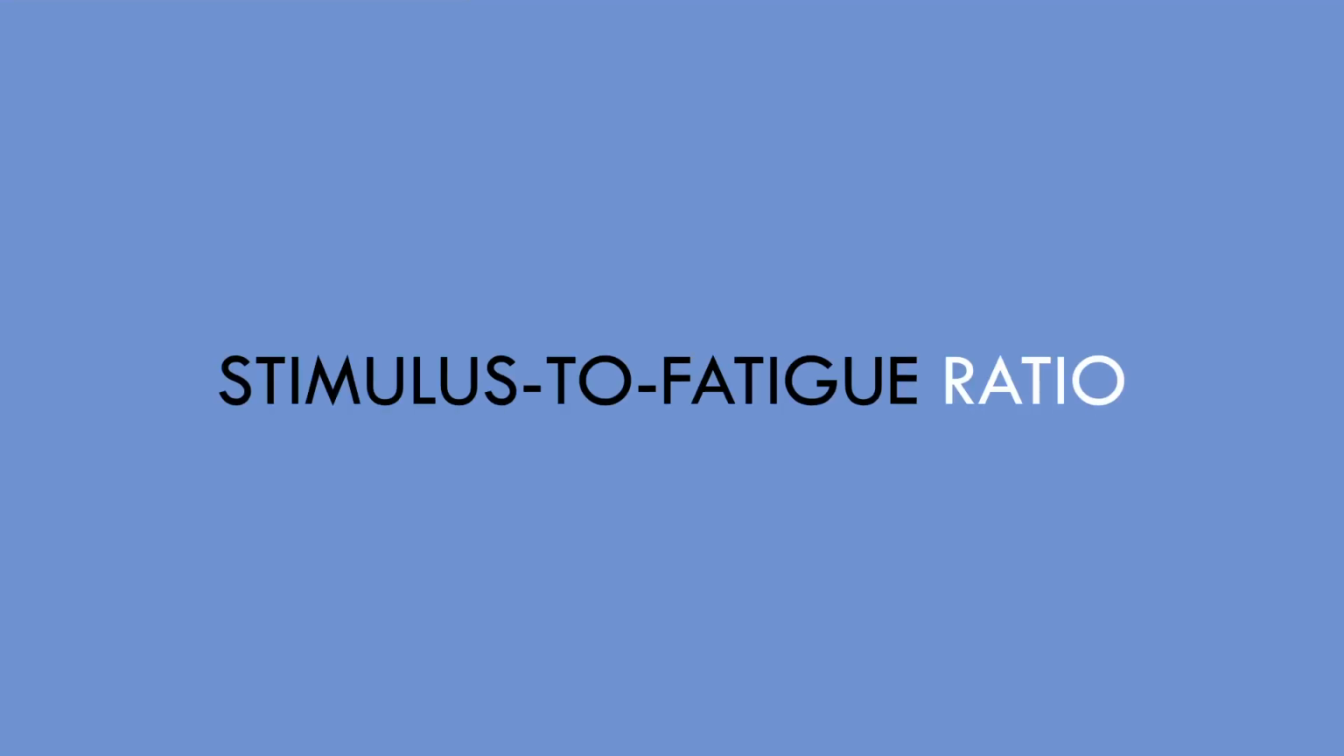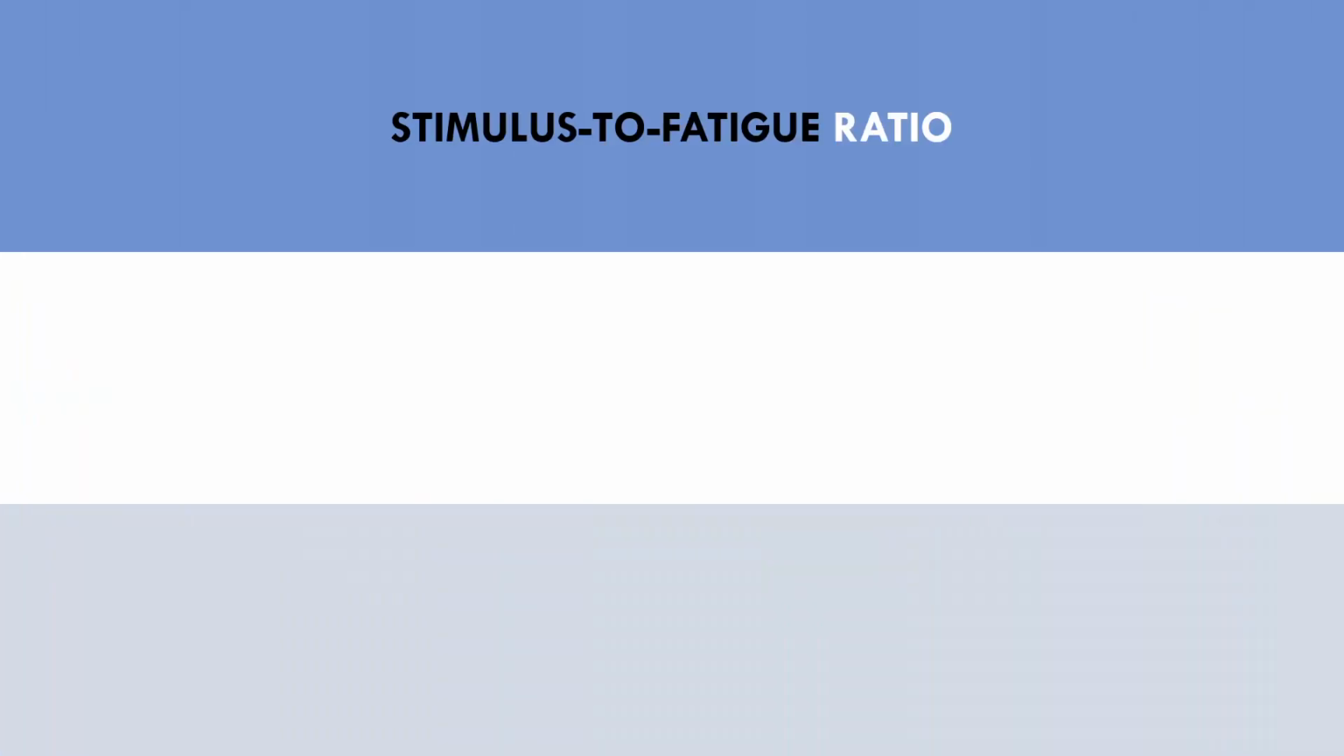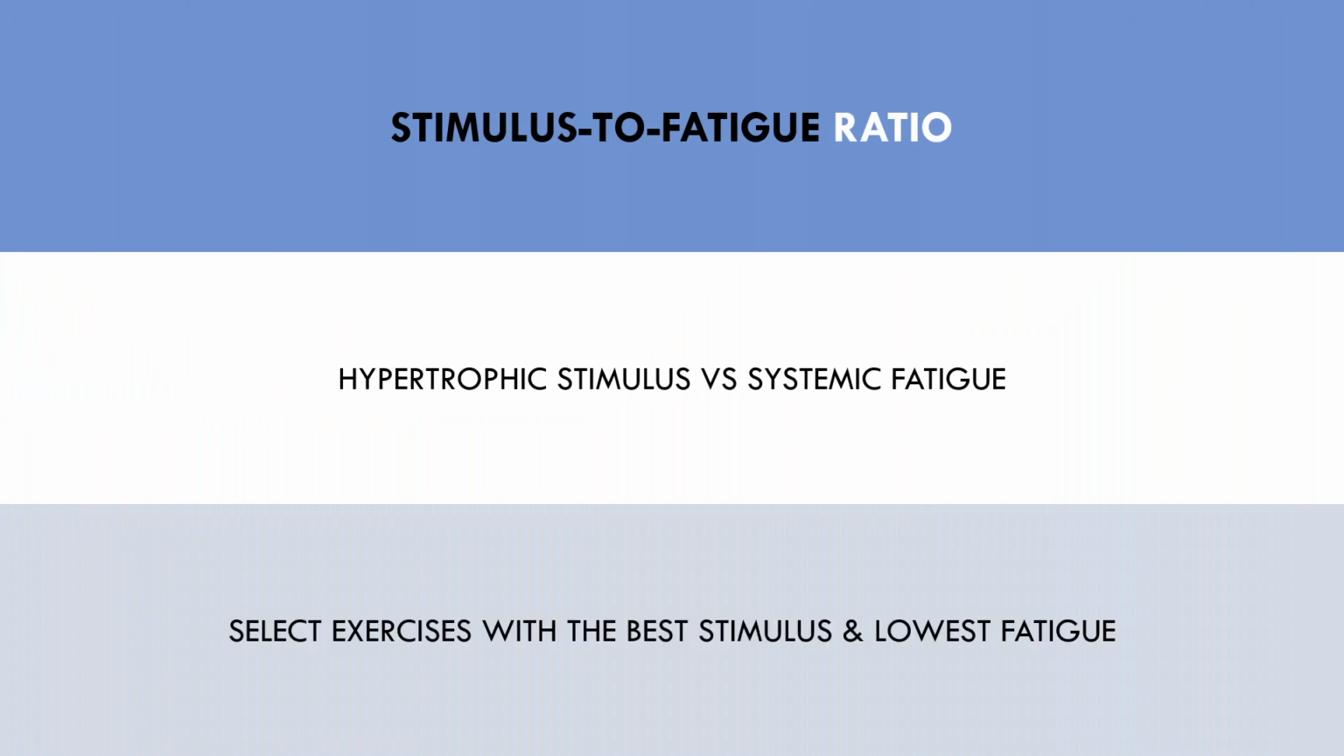This refers to how effective the exercise is at stimulating muscle hypertrophy compared to how much systemic fatigue it induces. For hypertrophy training, we want to select the exercises which produce the greatest hypertrophy stimulus for the lowest systemic fatigue cost. For example, a high bar squat probably has a better stimulus to fatigue ratio for the quads than a